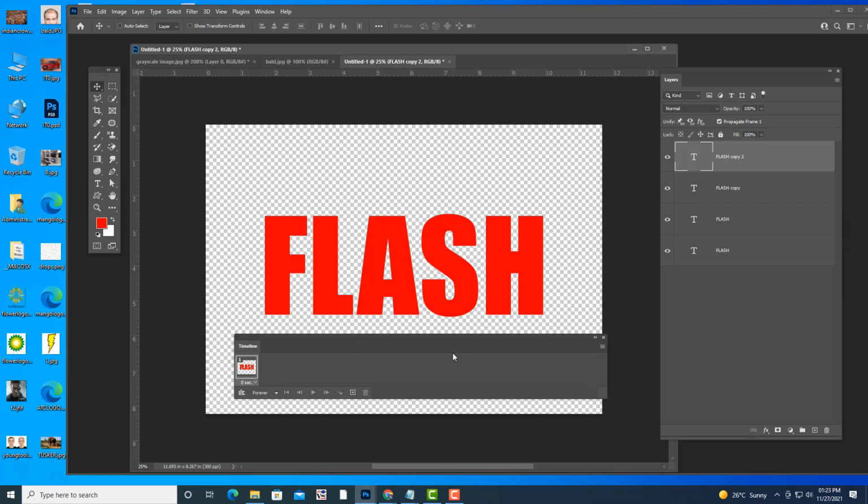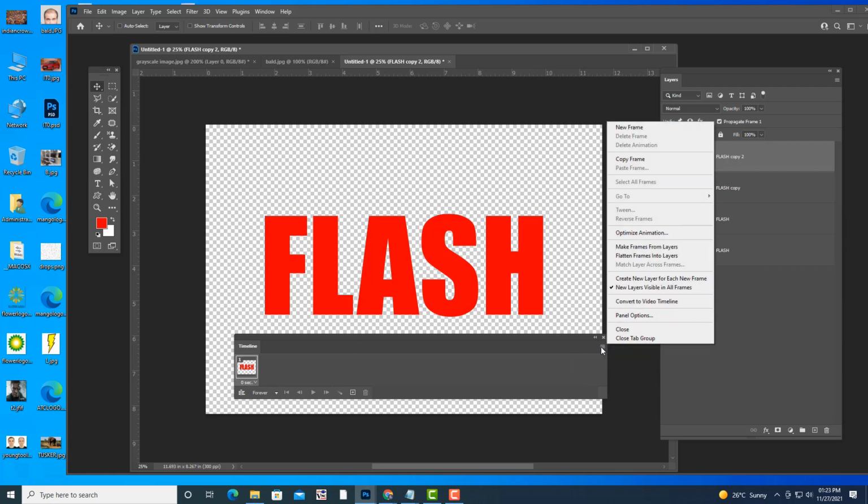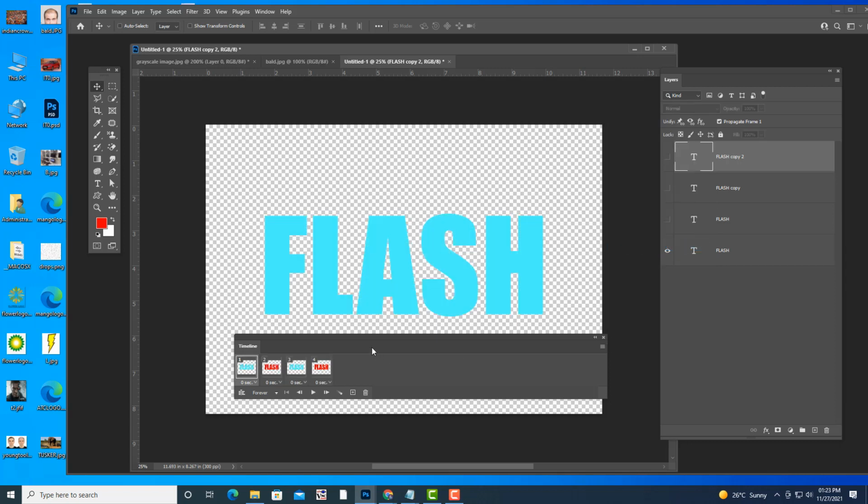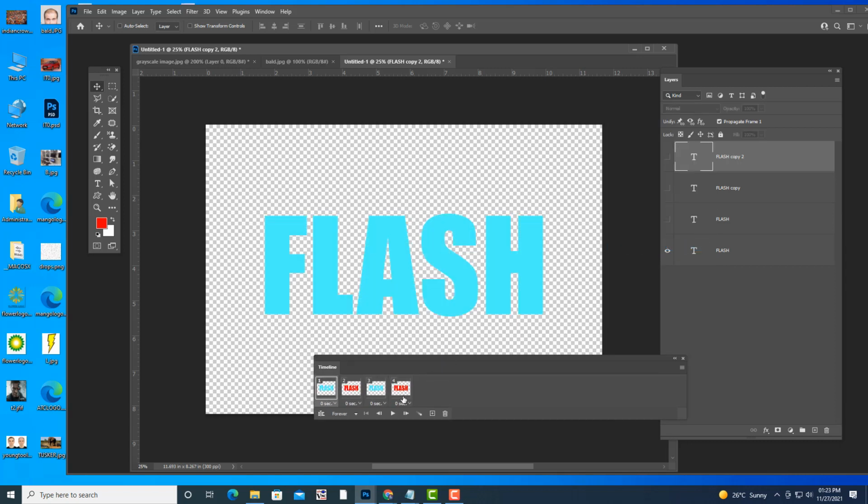Just open the timeline. On the top right corner of this timeline, click on that button and select Make Frames From Layers. See now what happened. Now we got 4 frames from 4 layers.